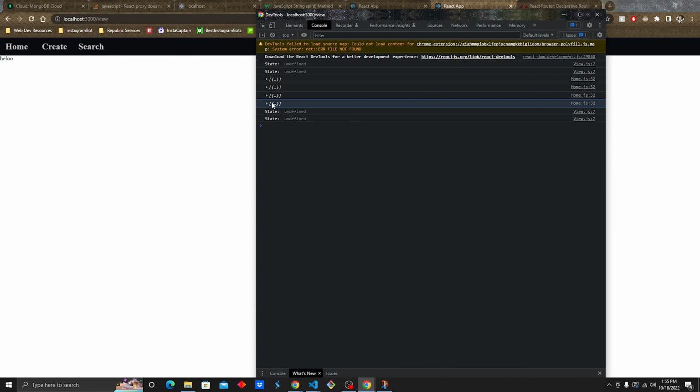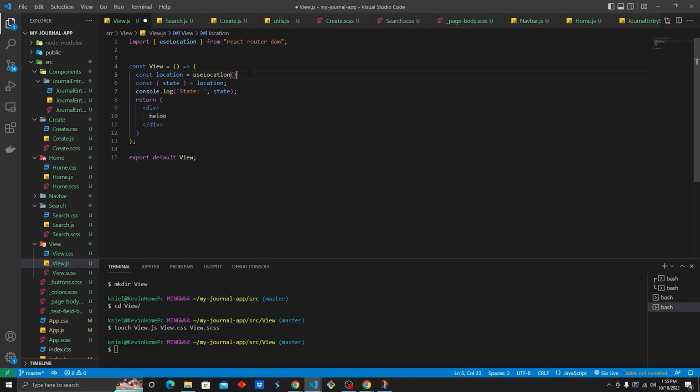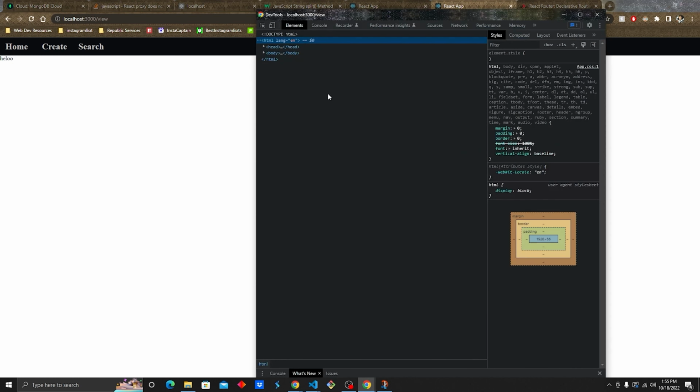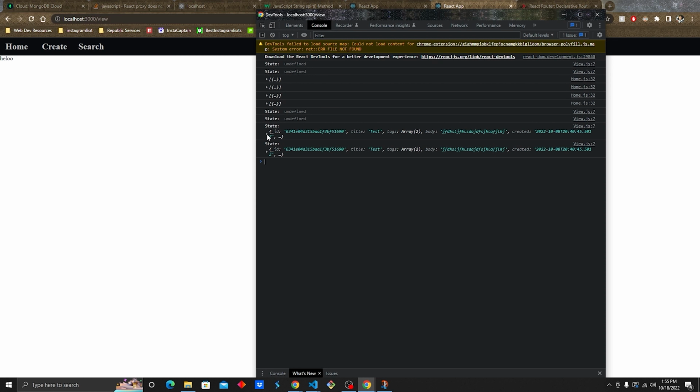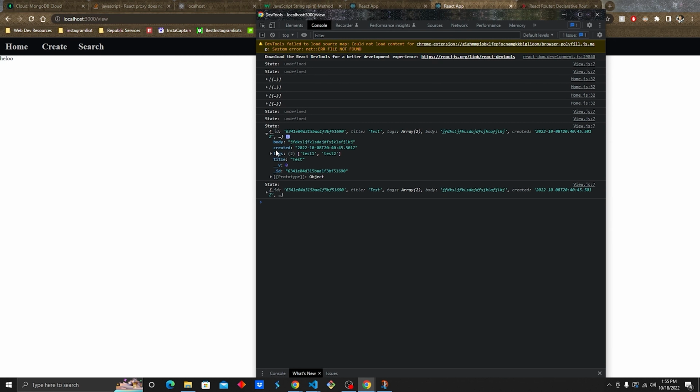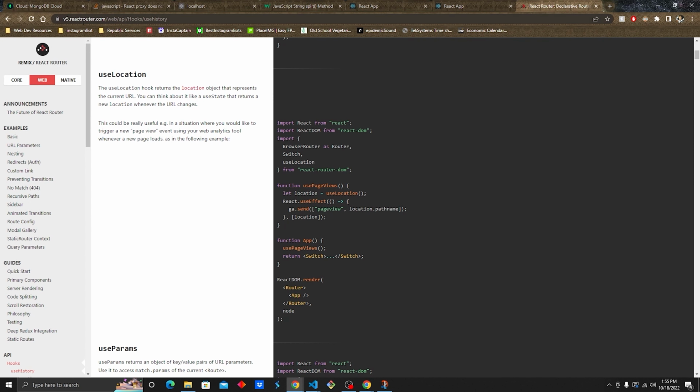well, that's embarrassing. Nuggets, hang on. And my bad, I forgot the parentheses there. So here we go. Now if we inspect, we can see the state is being passed with the tags, the body, the created, the title. So using useLocation, we can see here in React Router